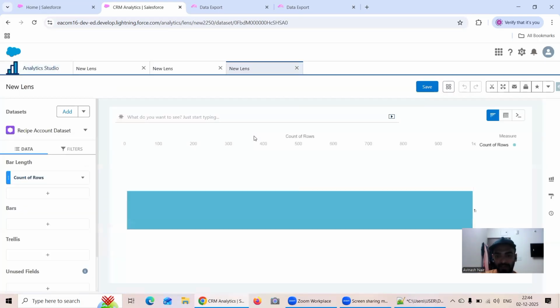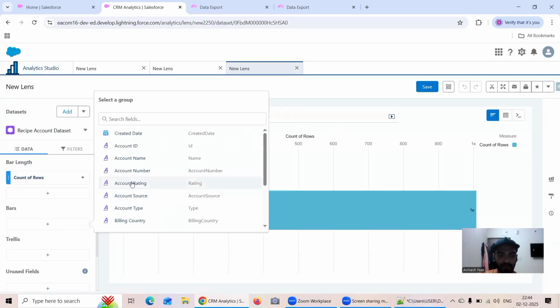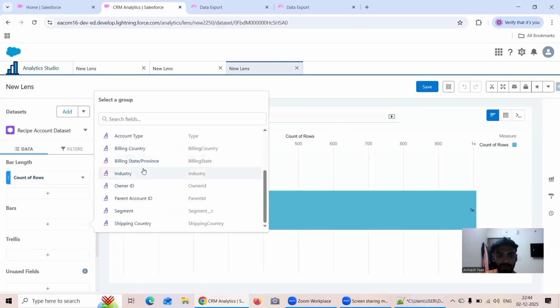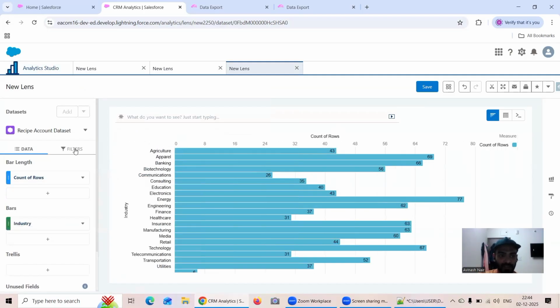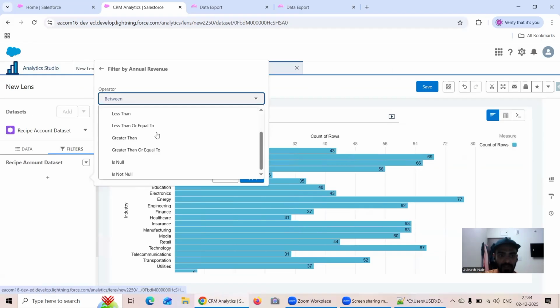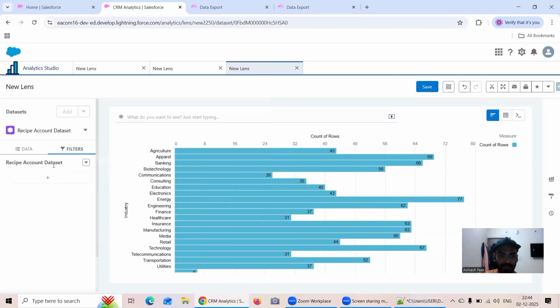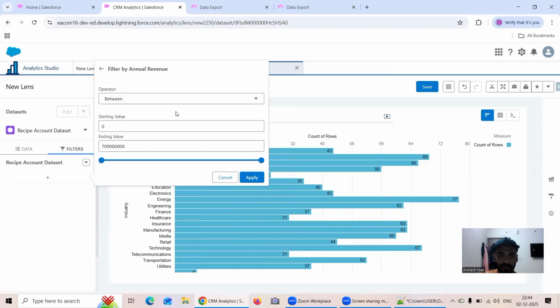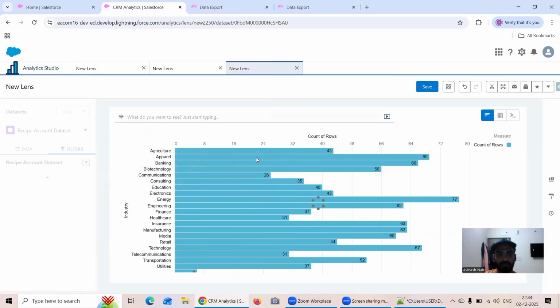So I will write the major one, the SQL part, in the next video, but we need to cross check and see how things are working in the backend for each of the filters of measure. So for measures, you have a lot of options. We can just cross check one by one. Okay. So for example, you can check something like between also. If I go for annual revenue, and go for between these values, let's say I keep some random values, for example, 50,000. Here, if I click on apply, now if you see in the backend,